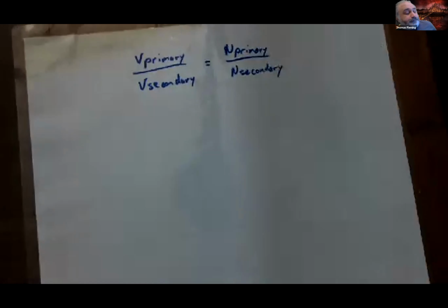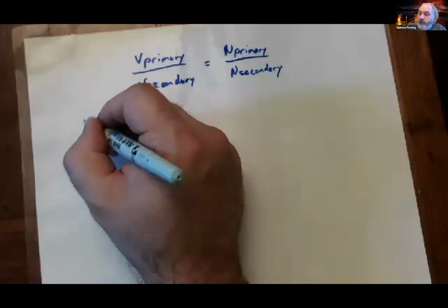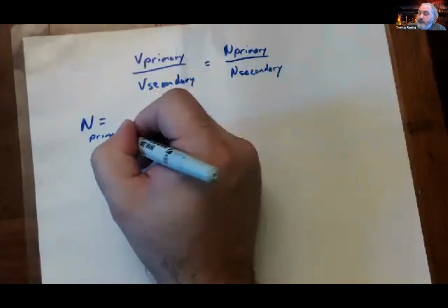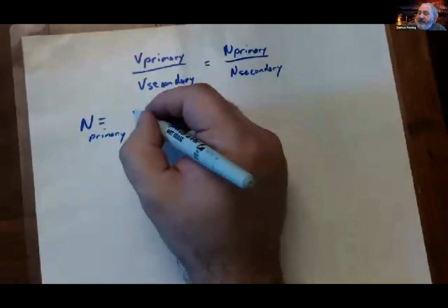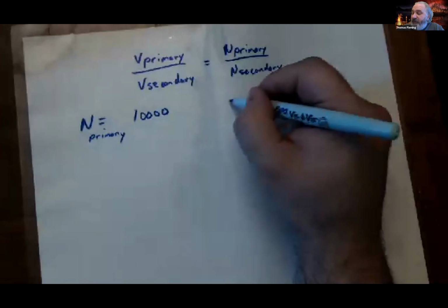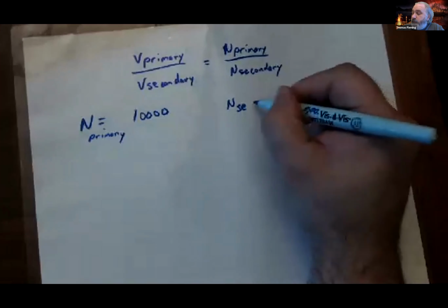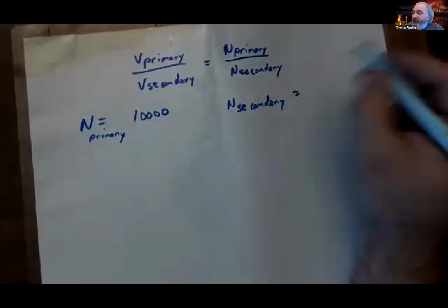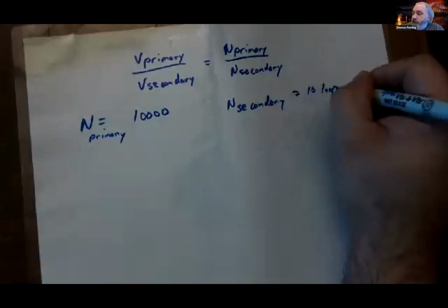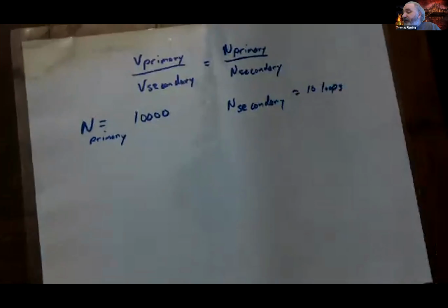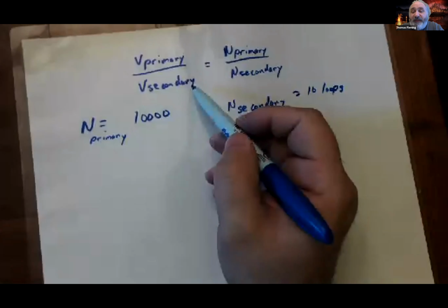And so imagine what happens if my primary coil has some ridiculous number of loops, like 10,000 loops. But imagine that my secondary coil only has 10 loops. Now, what's going to happen is if I solve this for the voltage that I get in my household,